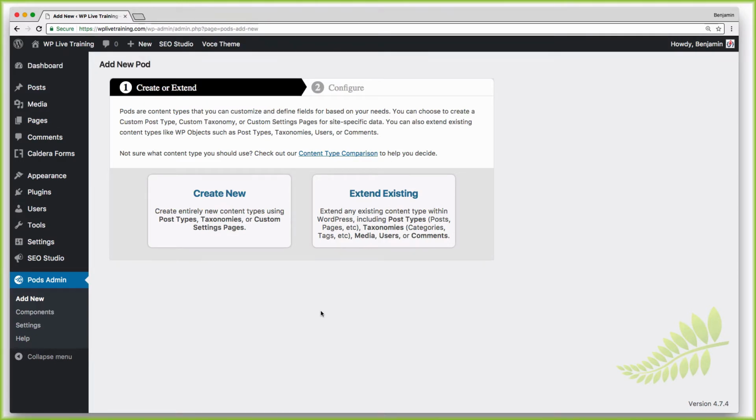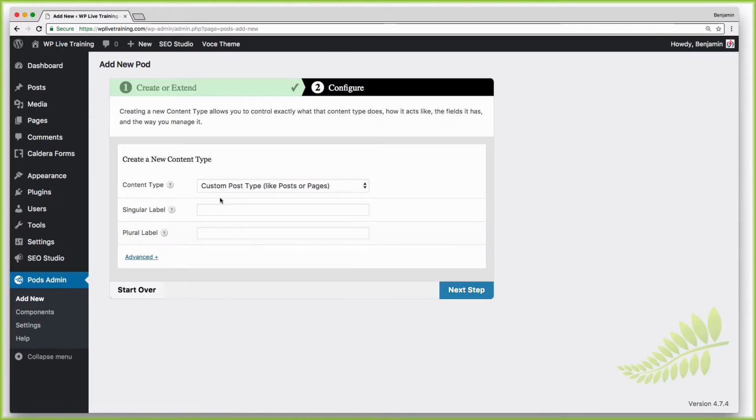Looks good. All right. So here in our starting point for pods, we're going to start here with the create new. Later on today, we are going to be dealing with this extending. So in creating a new thing, remember, this is kind of like a folder. It's a way we're going to store data,